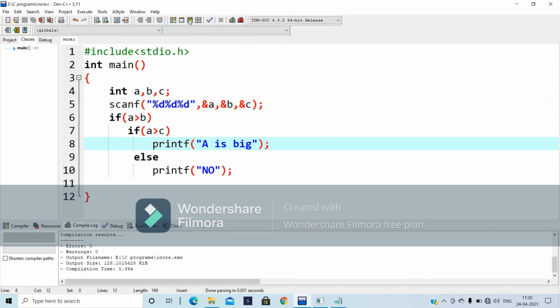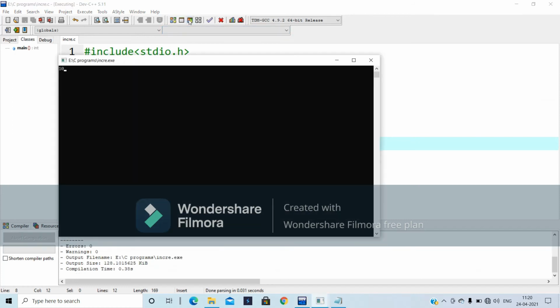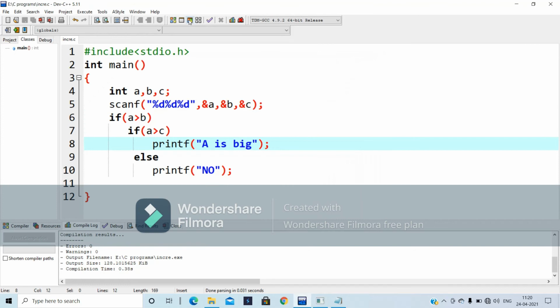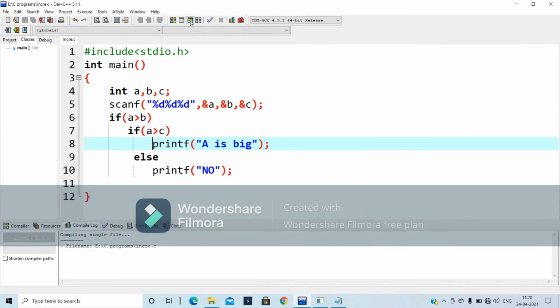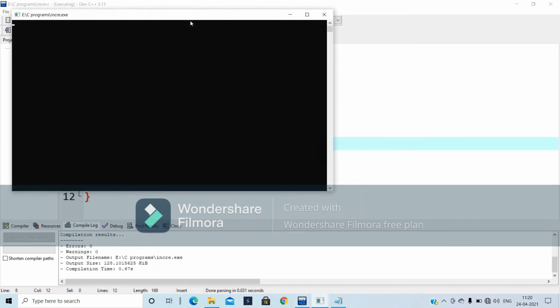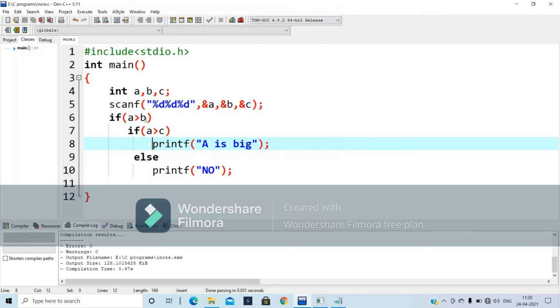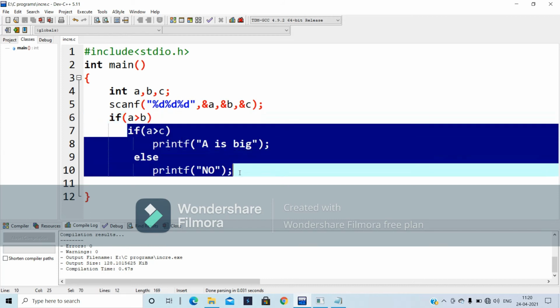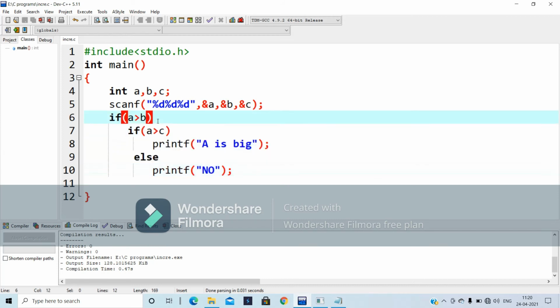I'm going to take 10, 5 and 15. Here the c value is big, that's why nothing will be printed. If the main condition is false, then there is no need to enter the statements. 10, 15 and 3: there is no output because a greater than b is also false, so it doesn't allow all these statements.